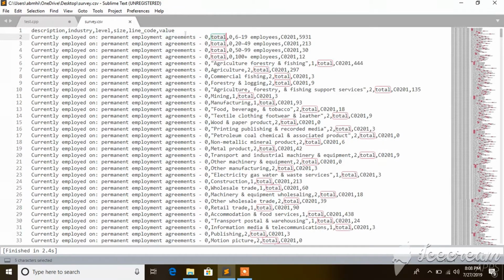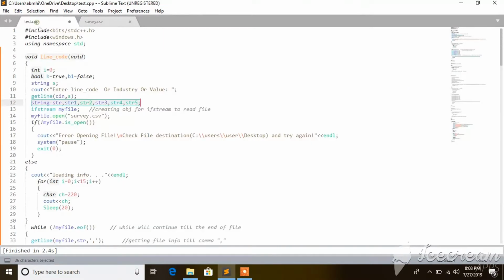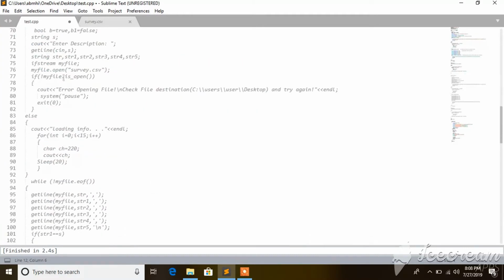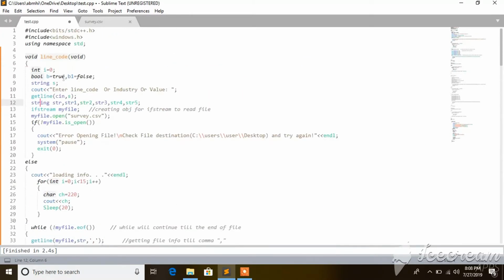এখানে যেমন ডেসক্রিপশনের জন্য একটা স্ট্রিং রাখছি, আর ইন্ডাস্ট্রির জন্য একটা স্ট্রিং, আর লেভেল সাইজ প্রত্যেকটার জন্য একটা করে স্ট্রিং রাখছি। সো এই হলো আমাদের 6টা স্ট্রিং মোট টোটাল। এবং আমরা একটা স্ট্রিং আলাদা ডিফাইন করে দিছি, মানে মেইন ফাংশনে যে এসটা করছিলাম, স্ট্রিং এসটা নিয়ে নিছি। এসটা নেওয়ার পর